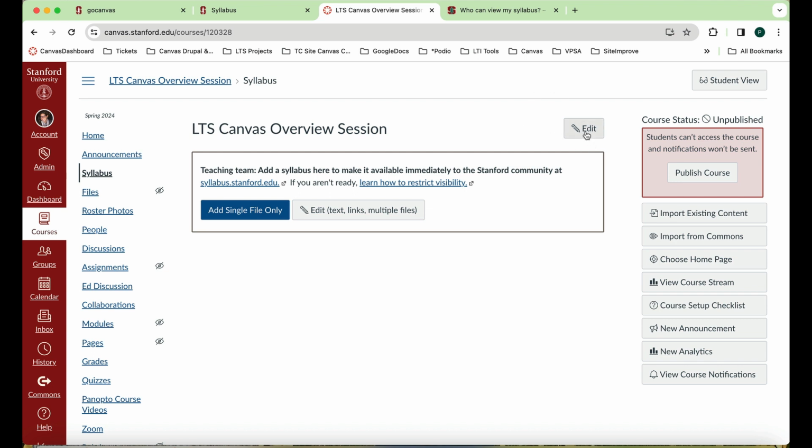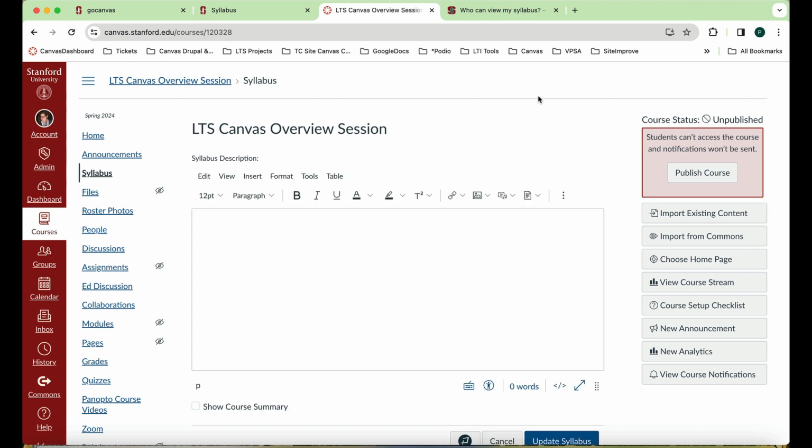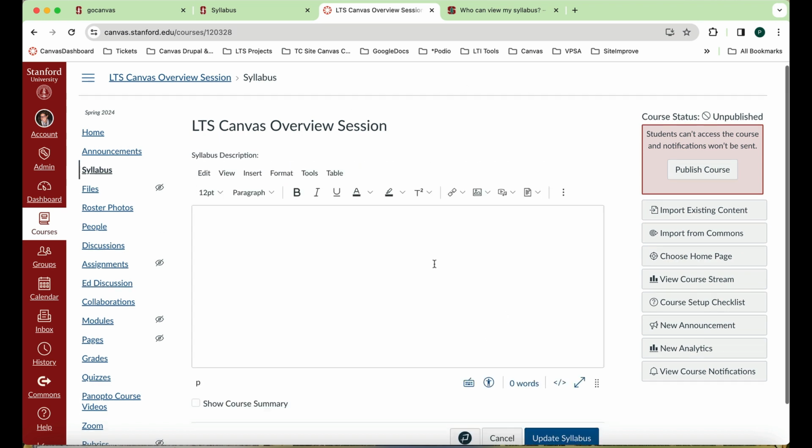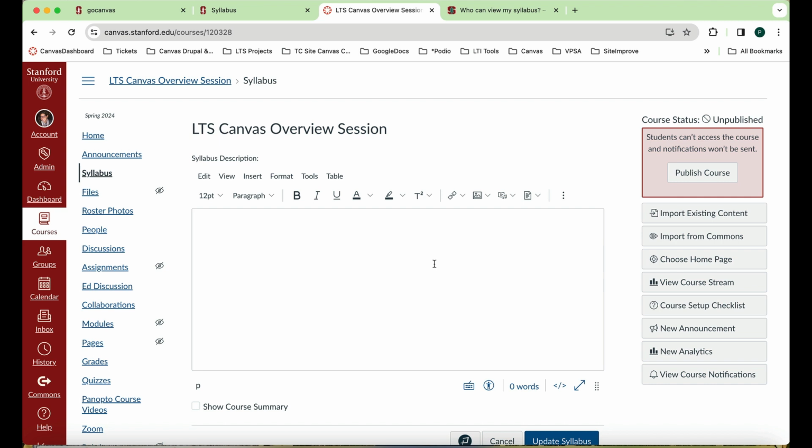I'm going to click on the edit pencil icon. This rich content editor box appears. We refer to this as the RCE box, and this box remains consistent amongst other tools in Canvas as well. When I click on these carets, it shows me I can add links, upload images, media. If I click on the three dots, it will expand the menu for the RCE box, but I'm going to click on the caret next to the document.